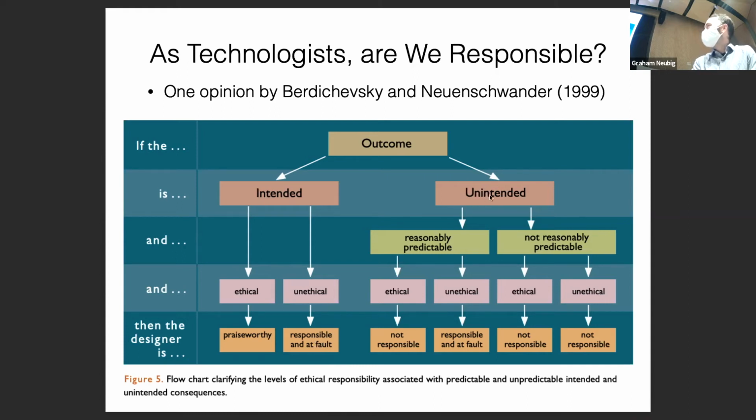But the more difficult thing is if it's an unintended thing, if you can reasonably predict that this might be an outcome from it, and it's an unethical outcome, you're still responsible. So you still should be thinking very carefully about this and mitigation strategies and stuff like this. So it's not good enough, morally, at least from my point of view, to say, well, that's not what I built it for. If you know somebody might be using it for that, then you should be thinking about how you can avoid that.